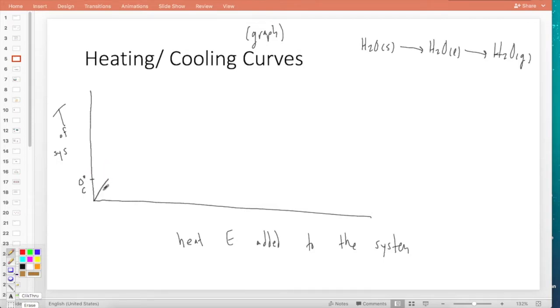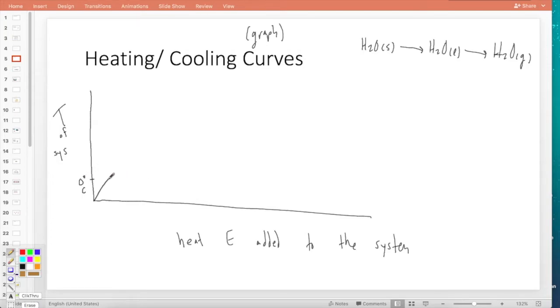Yeah, the ice begins to melt. Well, I want you to think about this. I'm going to keep adding heat energy to melt the ice, but is the temperature going to increase? No. What happens during a phase change, when you have reached the phase transition temperature, this is the melting point,